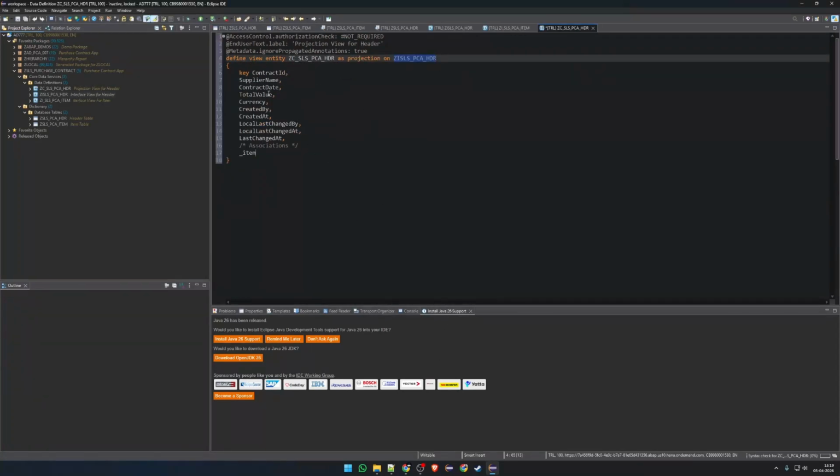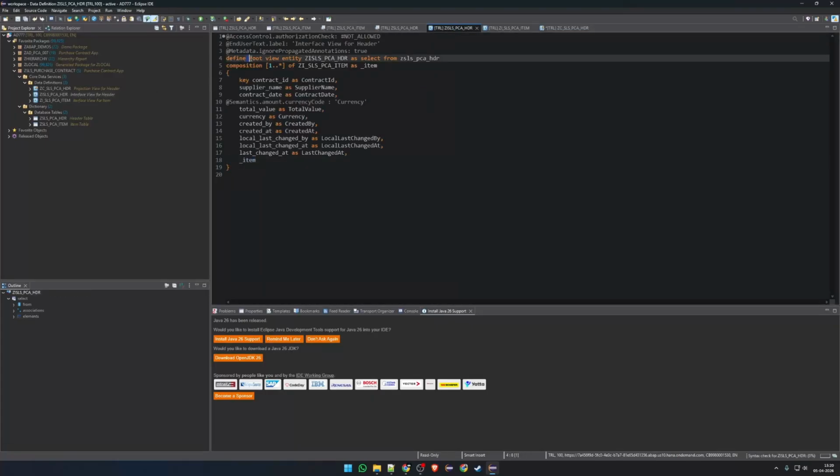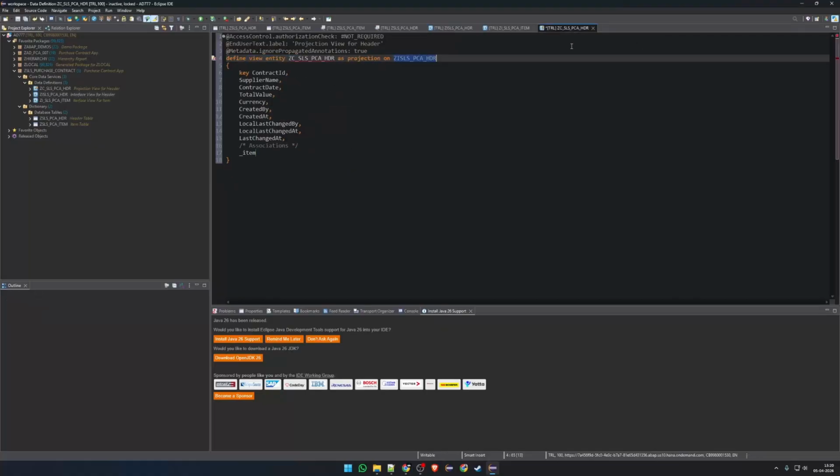And this would give you a projection view. Here it shows an error to you and it says root keyword is missing. Since we are using the main interface view as a root view, if you see we have defined it as a root view, it says it's missing. So we need to define this as a root view. So let's add the root keyword,